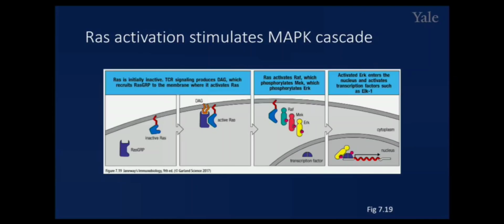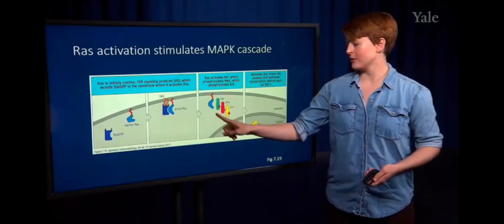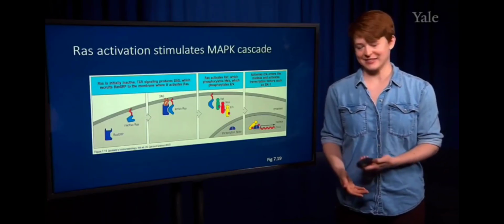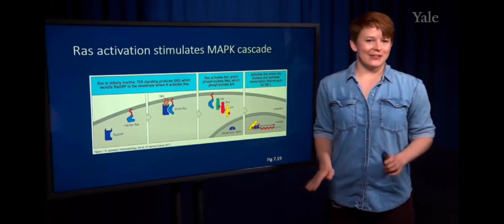So it's not a very creative naming scheme, but we have this MAP kinase originally, and then you can think of the name of that. The MAP kinase is the name of this protein, and it's phosphorylated by another kinase. That's how you get the adding of the kinases onto the name. So MAP kinase is phosphorylated by a MAP kinase kinase, which is phosphorylated by a MAP kinase kinase kinase. Again, you don't have to remember the names, but basically know that this